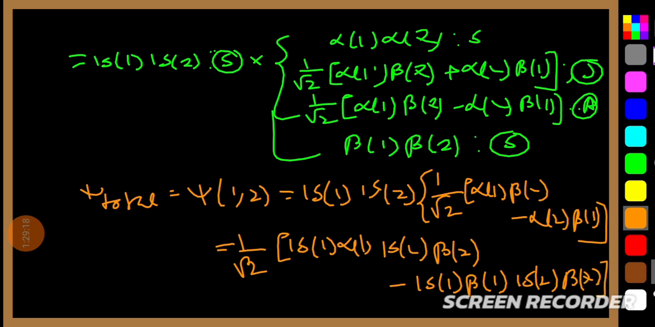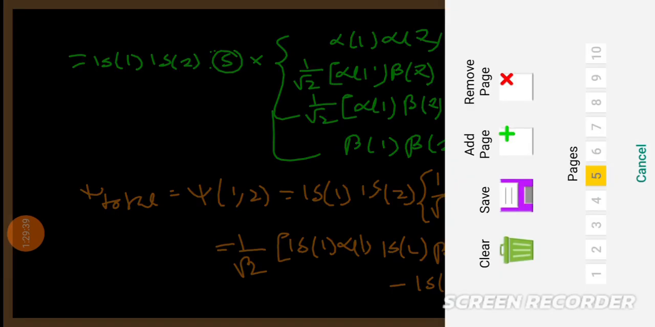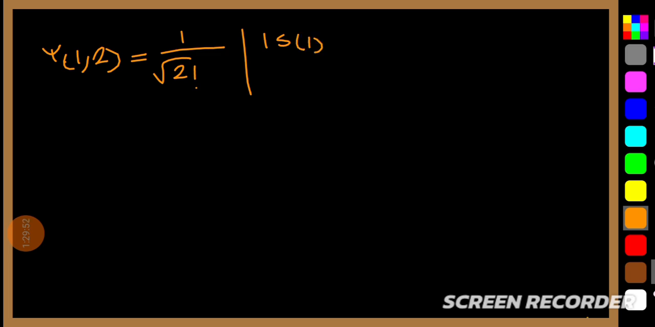Okay, so psi total equal to psi of 1, 2 equal to 1s1 1s2 within the third bracket, that is 1 by root 2 alpha 1 beta 2 minus alpha 2 beta 1. Now equal to 1 by root 2 within the third bracket 1s1 alpha 1 1s2 beta 2 minus 1s1 beta 1 1s2 beta 2. Okay, now এবার আমরা ডিটারমিনেন্ট হিসাবে কি পাবো, দ্যাট ইজ psi 1, 2 equal to 1 by root 2 factorial, determinant 1s1 alpha 1, 1s2